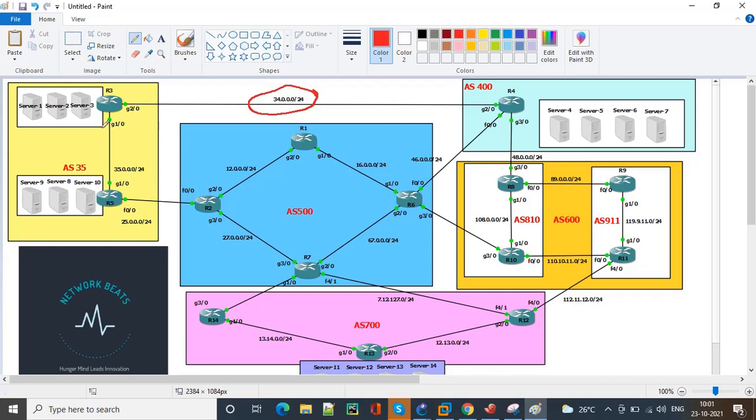Instead, I am going to use their loopback IP addresses, which is 3.3.3.3 and 4.4.4.4, and using those I'm going to pair R3 and R4, and let's see what challenges we face during the configuration. Okay, let's start.